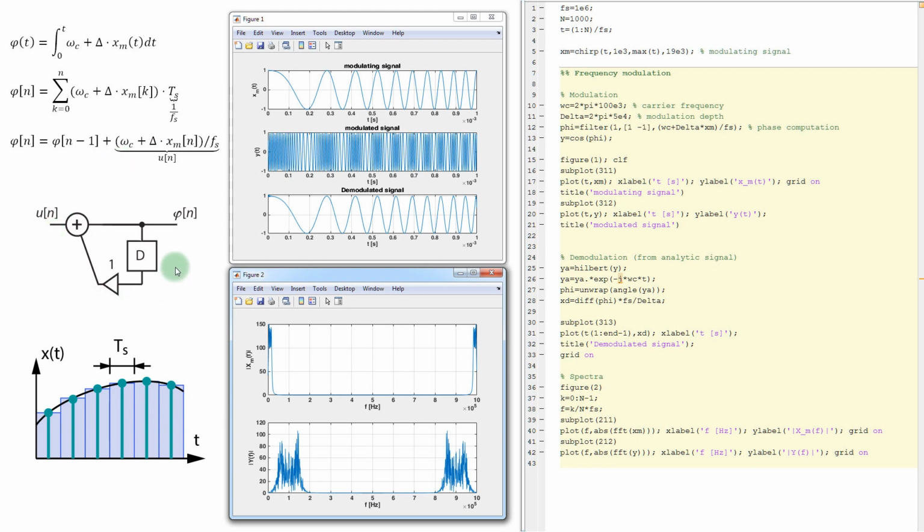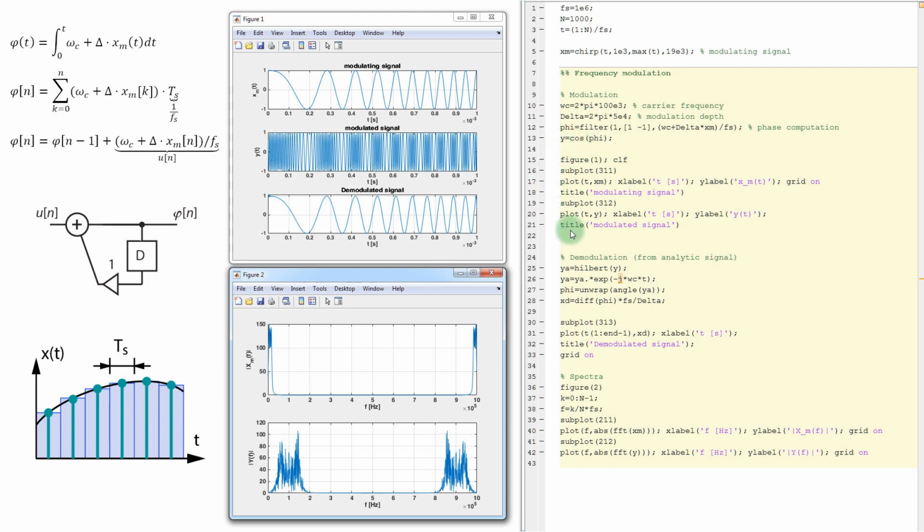It is a very simple integrator. So when I want to approximate this formula in Matlab, I can do it with this filter. And that is what I have here. These are the coefficients of this filter, and this is the input of my filter. Now that I have my phase, I can just stuff it into a cosine, and that will give me my